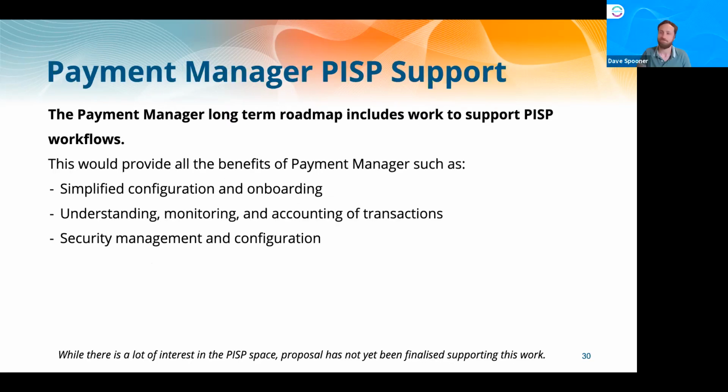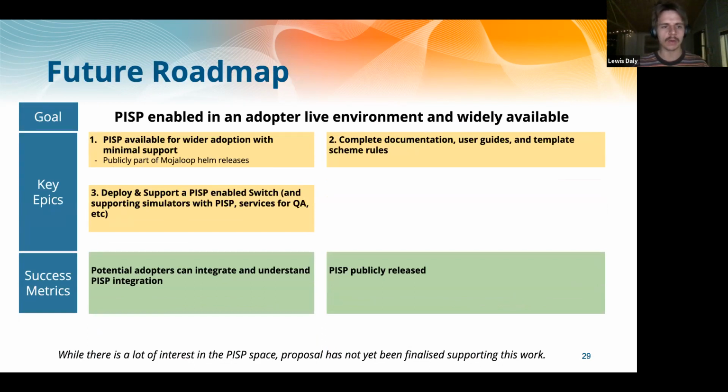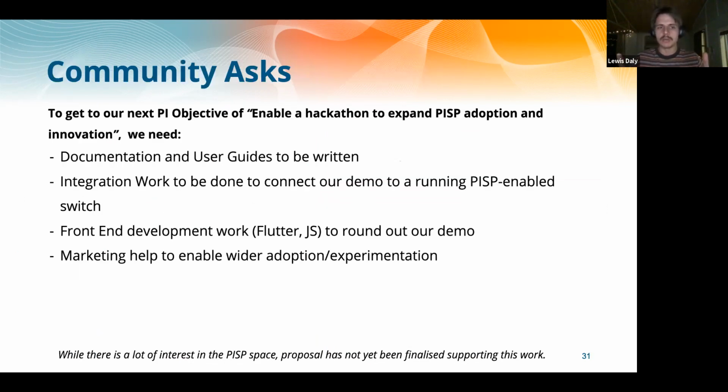Thanks, Dave. And I think maybe just in general on the roadmap, as we go, the more vague we get. And that's just kind of the way it goes. And we're looking for people to help us both guide the direction, and that's what the community is here for, but also for people to provide resources. And how do we actually do this? So we've got this kind of caveat down the bottom of each of these slides, which says, well, there's a lot of interest in PISP work. There's not really anything finalized, and in fact, we don't have resources for much beyond one of the epics of the four.